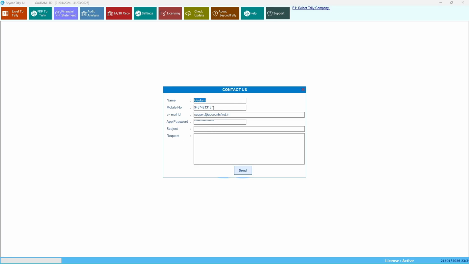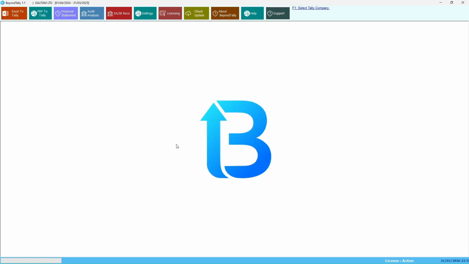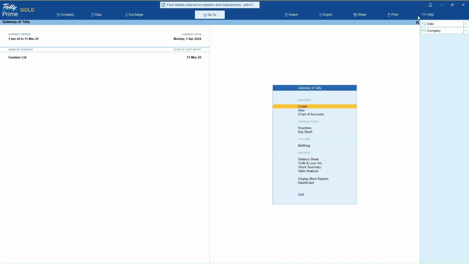You can give your name, mobile number, registered email ID and the Gmail app password. And when you are having a problem like unable to import Excel, and whatever message you want to type, you can just do that, and you can click on send. Once you click on send, automatically one message will be sent to our support team, and our support team will connect you at the earliest possible time. So with this, I would just like to